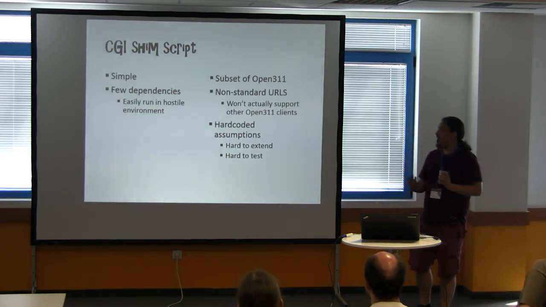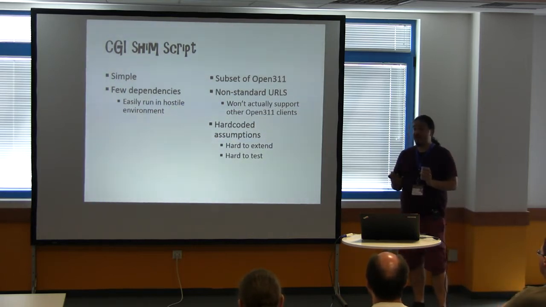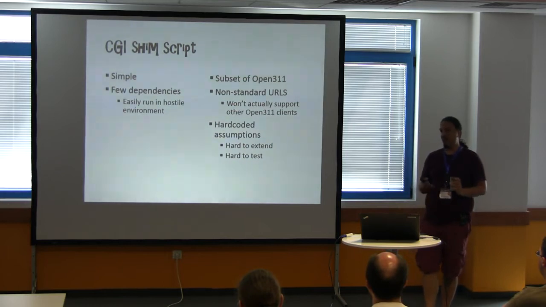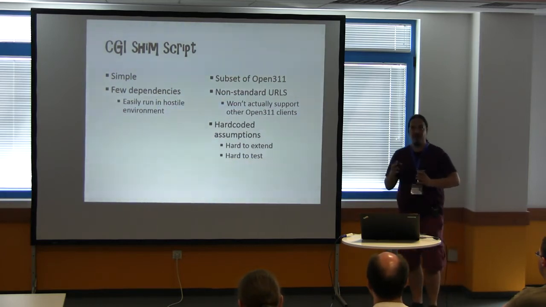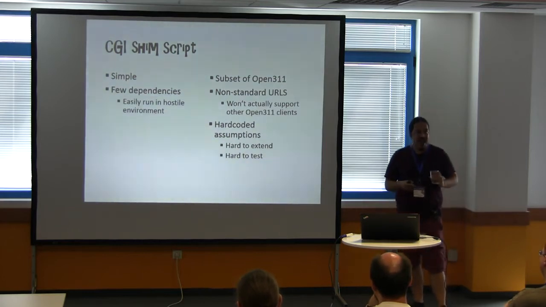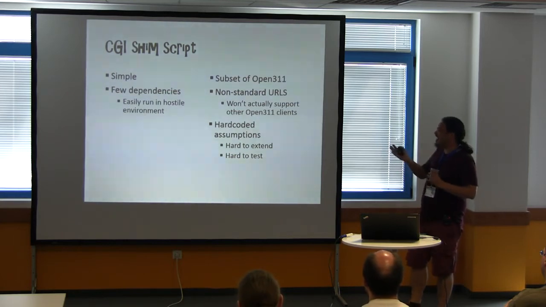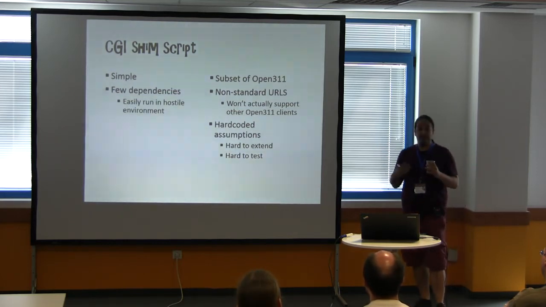And that's great because CGI is quite simple and quite easy to set up. So it'll run in a hostile environment like a council site, where you have to speak over WebEx sessions or something. You can't even SSH in to do development work. So that's quite nice. The disadvantages were, well, it was kind of non-standard because CGI isn't great for mapping URLs, obviously.